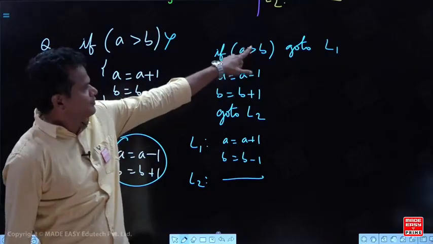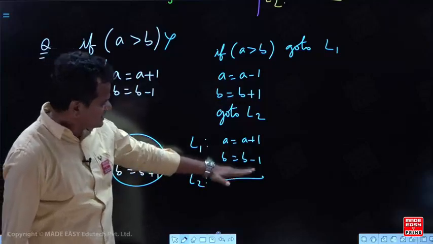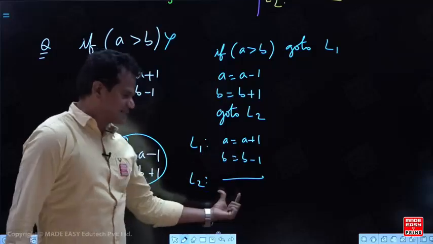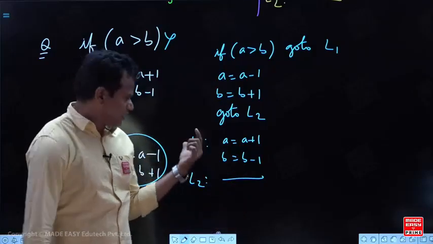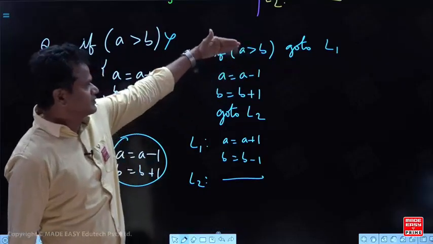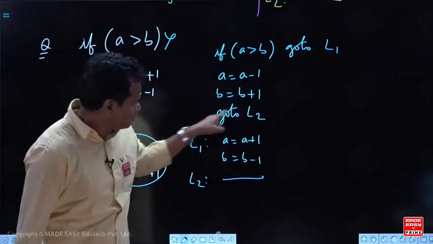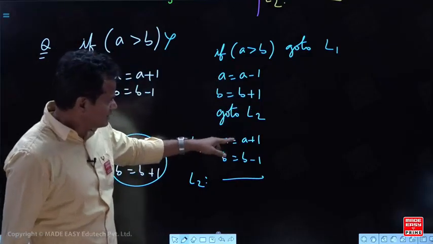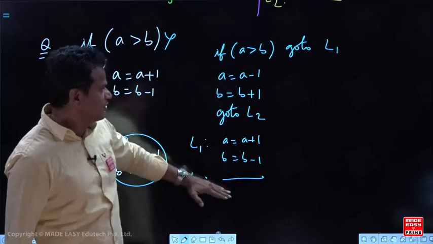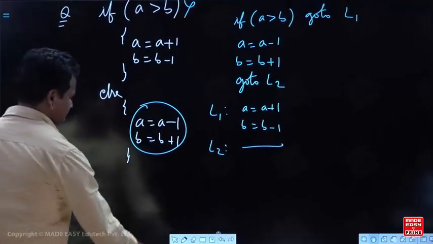I will explain this one. If the condition is true, go to L1. L1 is A equal to A plus 1, B equal to B minus 1. Then the next instruction will be executed. L2, you need not write after this, go to L2. Even though you write or don't write, the next instruction will be executed. If you want to skip, then only you use the go to statement. Look at this one. If A is not greater than B, the condition is false, A equal to A minus 1, B equal to B plus 1, then unconditional jump. If I don't write this unconditional go to, then these two also will be executed. That is the reason either you do this, then go to L2, jump, or go to L1, then this one. Okay. So one more. This is final.